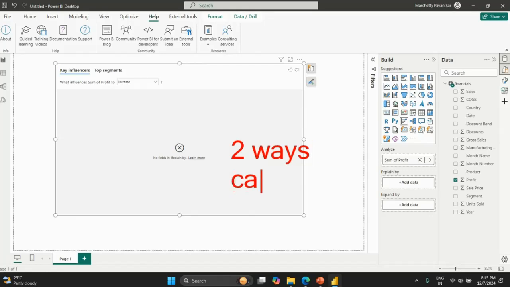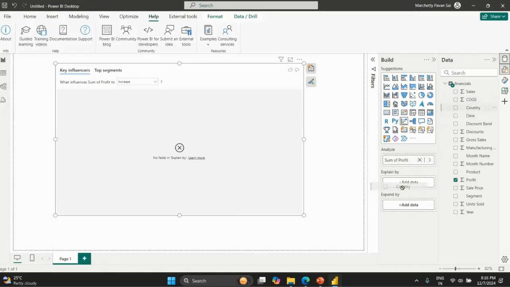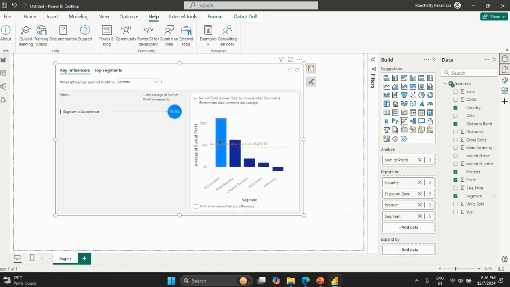One is categorical, and one is continuous data, right? So categorical, you can understand, the things like country, segment, product, and all those things. Continuous data, you can understand it may be related to dates, related to other numerical columns, and all those things. For example, if I just bring this categorical data, maybe country, maybe discount band, maybe related to product, and maybe related to segment, all these things, if you try to analyze, you see the majorly influenced thing,